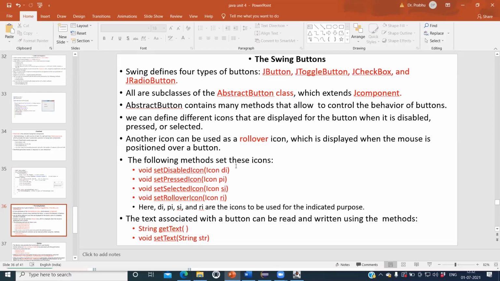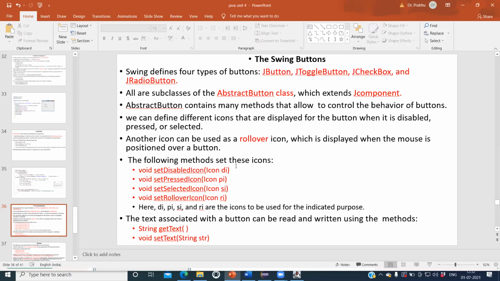Another important method is rollover icon. For all those buttons, we can define buttons with icons also. That icon may be either a picture as well as a text message.